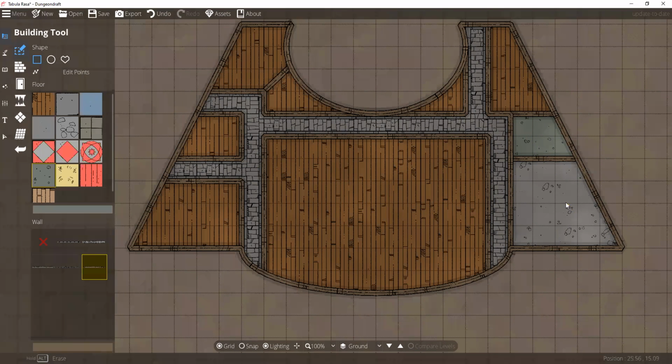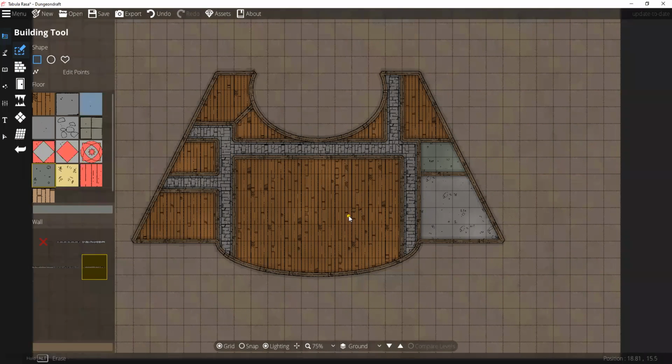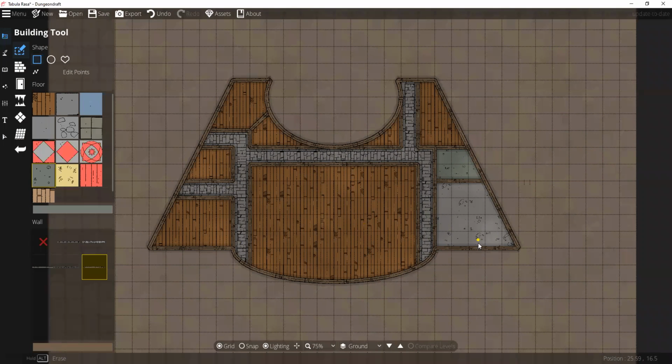Visually I can see this is a different color, this is a different color, these are all different colors. So now looking at this, I would contest that visually it's much easier to see what parts of this building are hallways, what parts of this building maybe are a different purposed room than another, than if this was all just wood. If it was all wood, it's much harder to see all those things. I can do that very quickly, right? So if we change all of this back to wood,